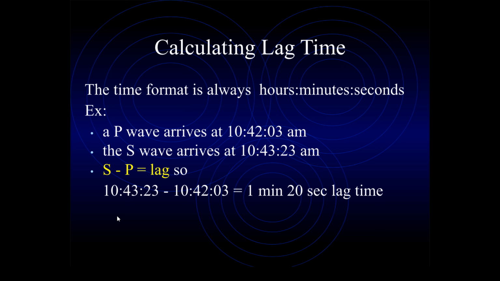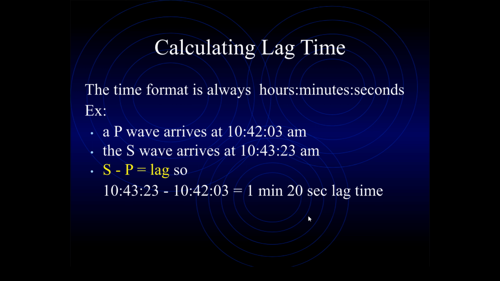If there's only two, it's typically going to be hour, minute, but it should indicate on there if there's only two, whether it's hour, minute, or minute, second. So you just, if you line them up on top of each other, 23 minus 03 is 20 seconds,